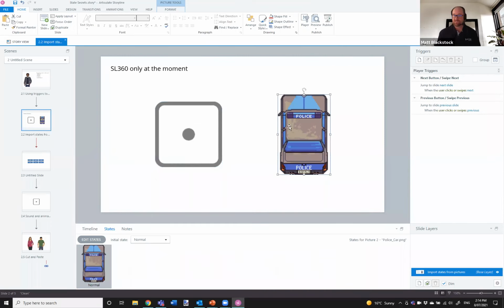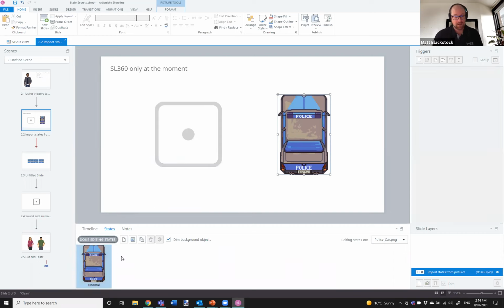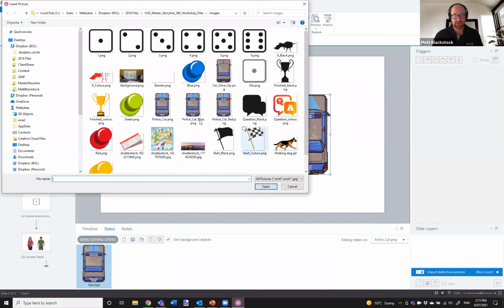As I said, I've got some lights I want to bring in, so a red flashing light and a blue flashing light. Again, I could just add them individually, or because I know I've set them up as pictures previously in Photoshop or Paint.net or whatever the case may be, I hit my edit states, pop across to insert pictures as states again. Let's locate those pictures. So here we are, police car with the blue light flashing and the red light flashing. So they're the two I want. Again, I'll select both of those and hit open.